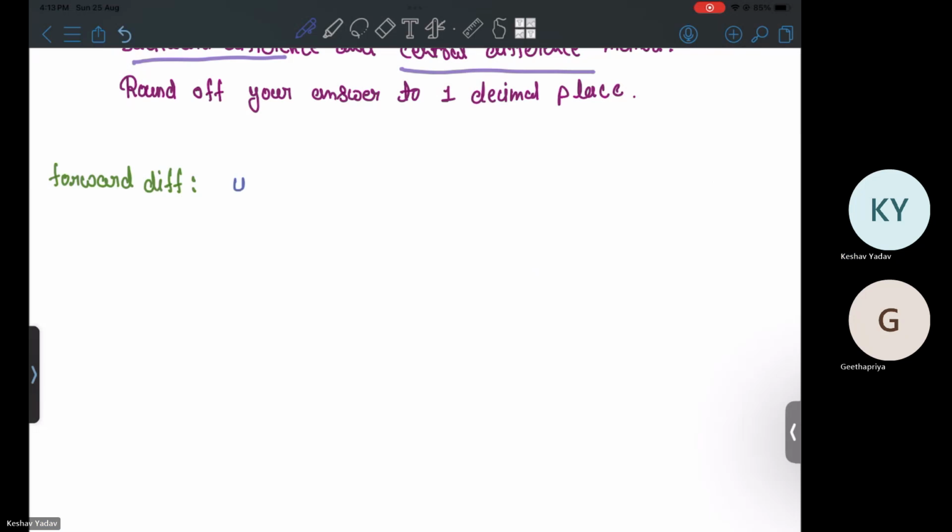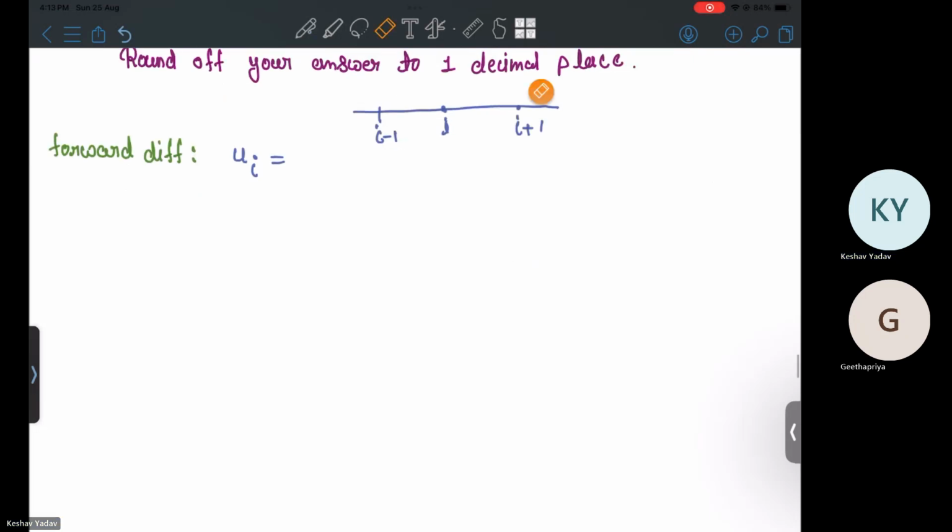So I want to find here. If I make the stencil, this is my I, this is my I minus 1, this is my I plus 1. Here what is x? x equal to 1, x equal to 2, x equal to 3. At this point,